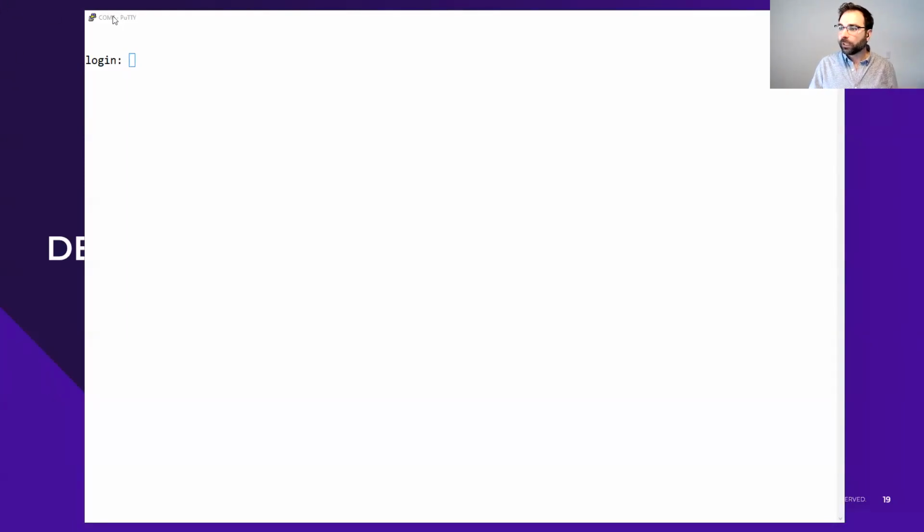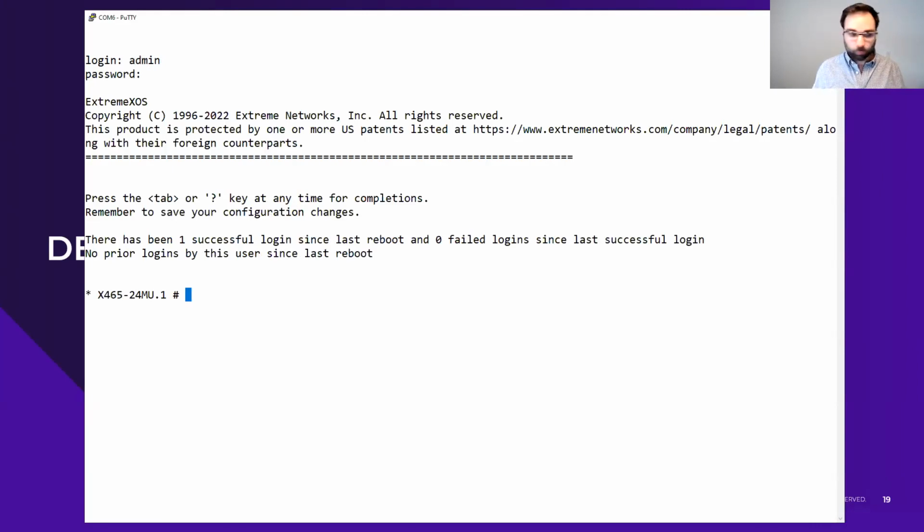So before we go into stacking the switches, we'll show you how to get into a new switch. First of all, the default login is admin with no password. So start it here. Brings us into our switch. Now let's see a few commands to see what software revision we're currently running and whether we need to do an update on this switch. You can see them using the show switch command,